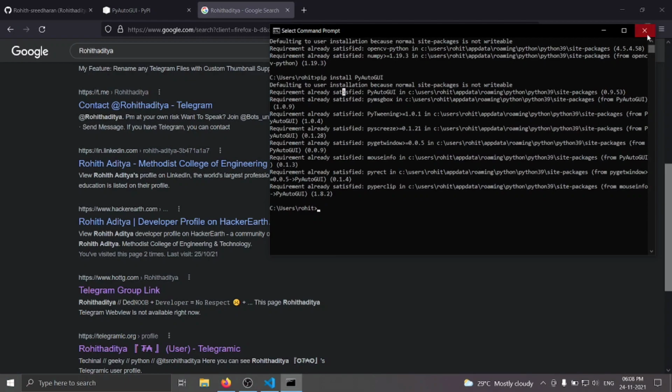Okay, now fire up your VS Code, open it. Now what we are going to do is, at first, in the header you need to type the import statements. So now we are going to import pyautogui as pu.